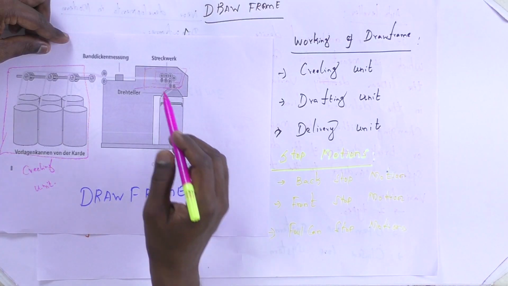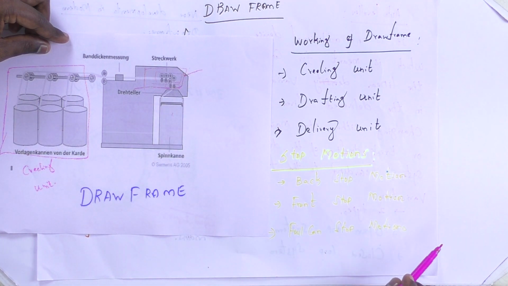which gives weight, force and pressure to the material, and the rollers are run using gear wheels. So the output roller speed is more than the input roller, so stretching also takes place. So the drafting increases the uniformity and removes the hooks present in the material. This is the main purpose of the drafting unit.